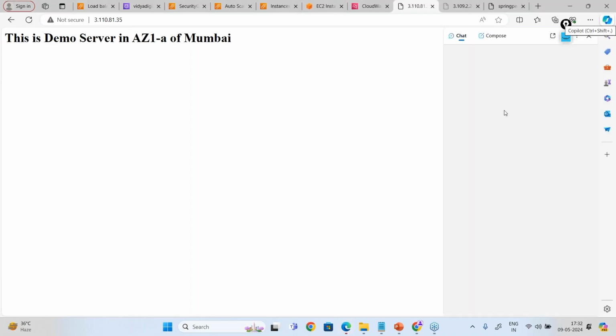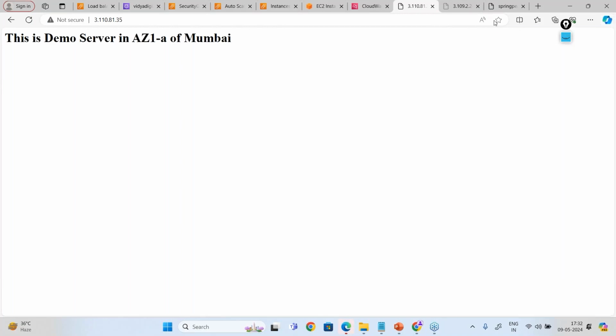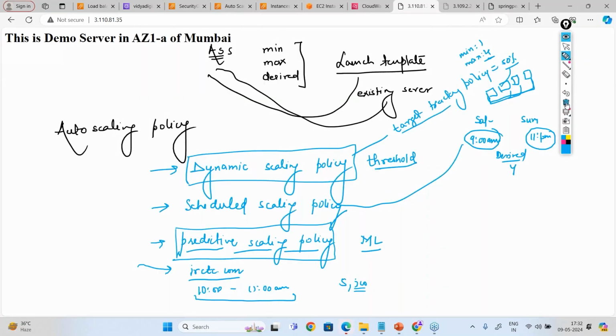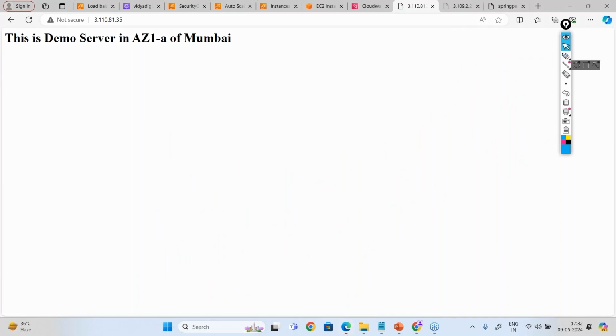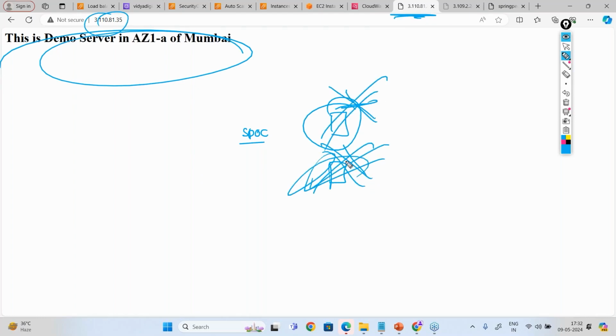When you have already included this load balancer, and you said this should be a SPOC, then if you are accessing the servers from the load balancer, why with this IP am I able to access the server? It should not be.